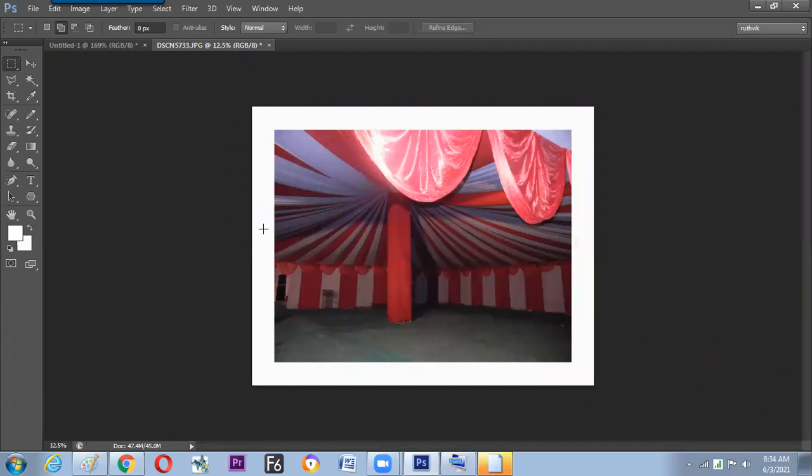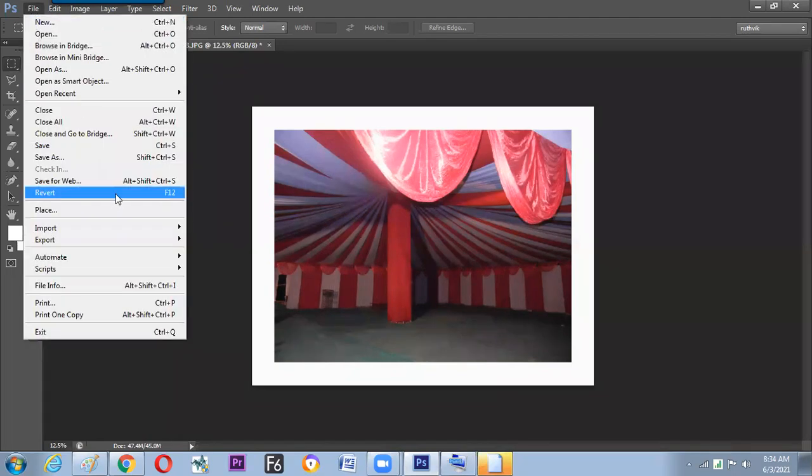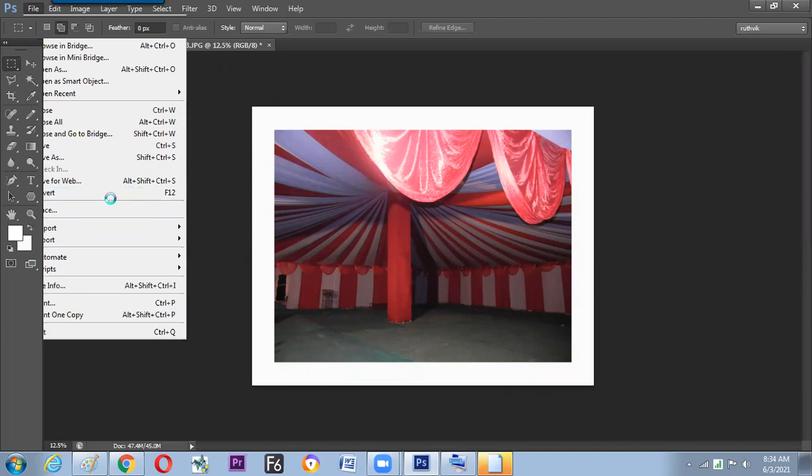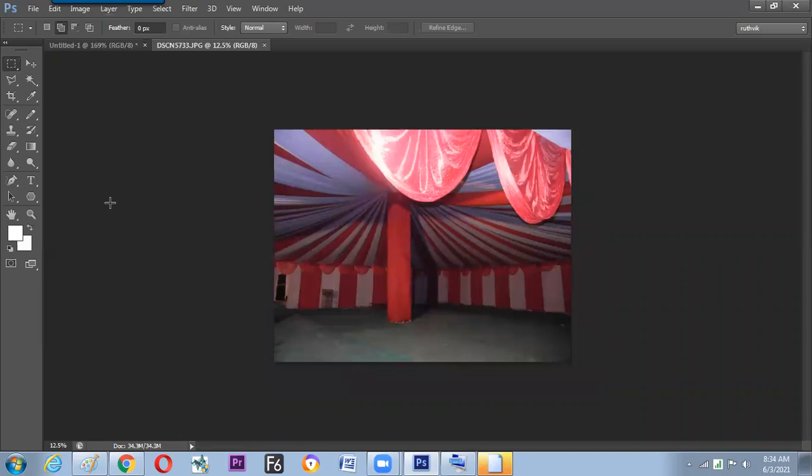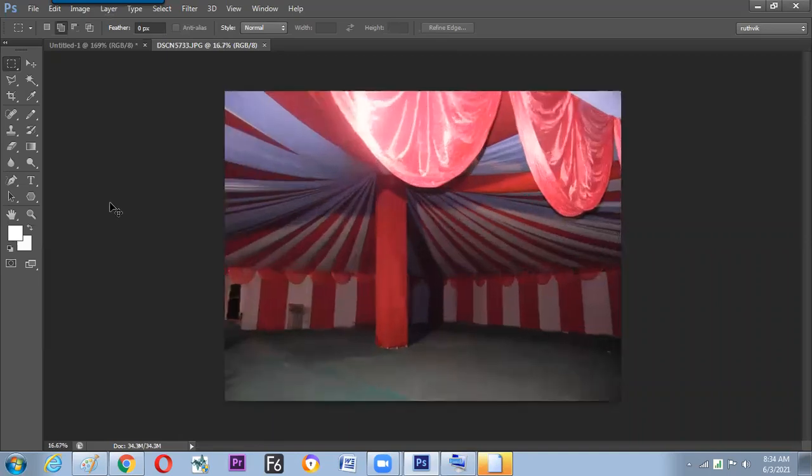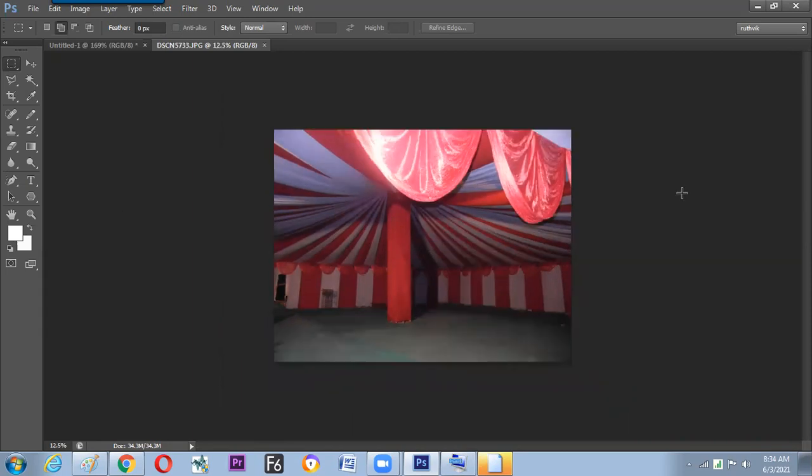And to get the original information of the image, what we need to do? Go to the file and ask for revert. Revert is the option which brings the original image, whatever it has been saved in the last time. Now the requirement is what? How to make the canvas to get double on the right side.